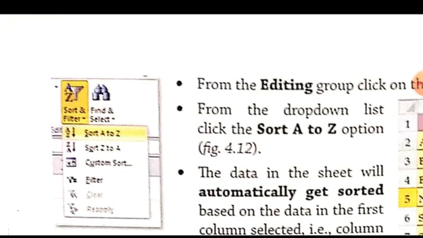But here what are we going to select? We are going to select the first option, which is Sort A to Z, because A to Z sorting will be in the forward order. You can say in the ascending order. Ascending order is a better word here. So if you sort from A to Z, it will be in the ascending order. Ascending order means starting from A to Z. Here we are choosing the first option.